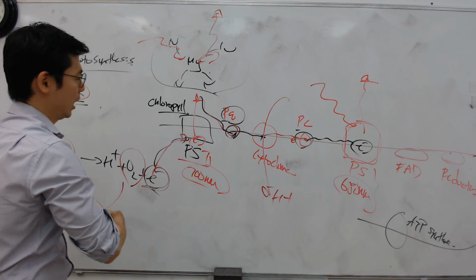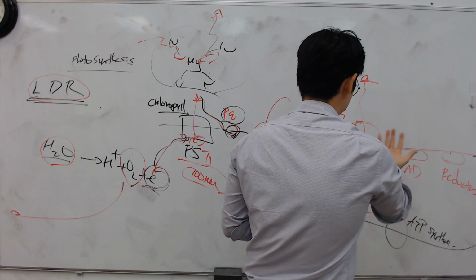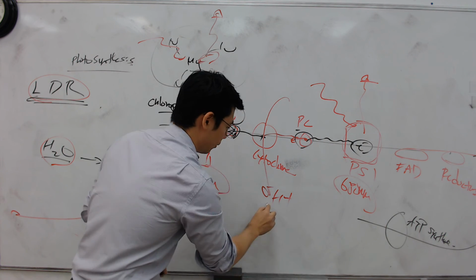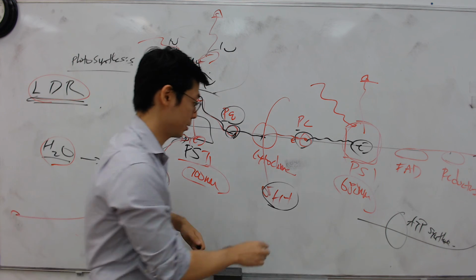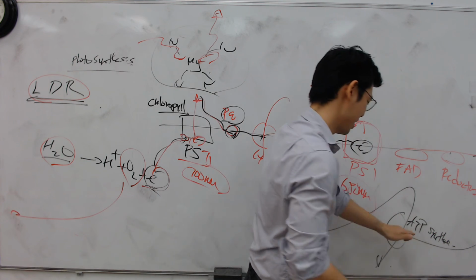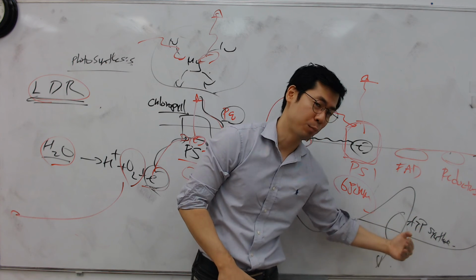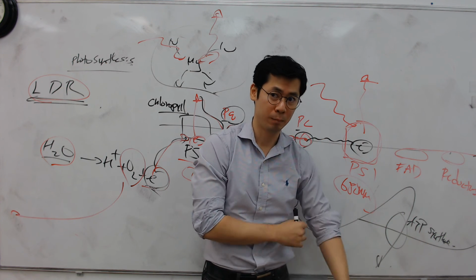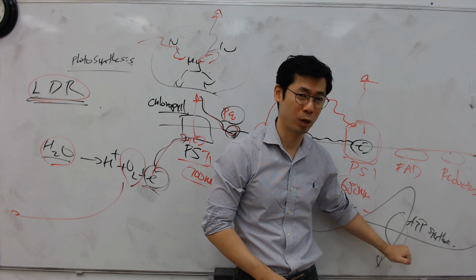And then what happens, guys? Yeah, the electron gets replenished. So what will happen now is the H plus concentration builds up again inside the thylakoid. What happens, guys? They will leave through the ATP synthase, chemiosmosis, and produce ATP by what? By phosphorylation. And what do they call this phosphorylation?